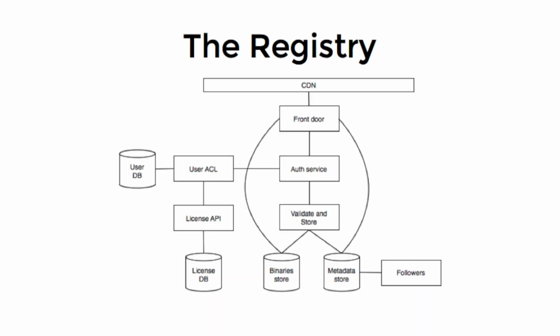The most complicated portion of our architecture is the registry. In simplified form, it looks like this with the bottom cut off. There's a CDN that does a ton of caching, which is why everything is nice and fast. And all of the cache misses go to our front door service, which is essentially a router. The front door calls the auth web service to authenticate every request, and a lot of interactions with the registry are anonymous. So that's often very simple.